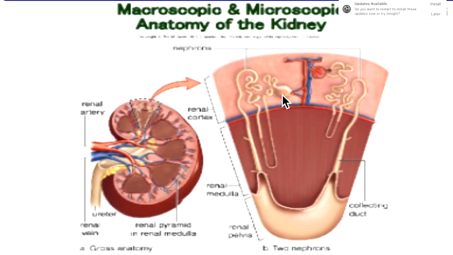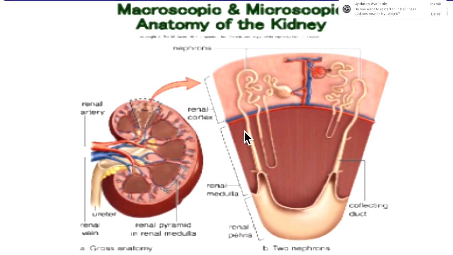The first one is the Malpighian corpuscle or renal corpuscle, which is formed by the glomerulus, a tuft of capillaries, seen within the Bowman's capsule. This slowly continues as the coiled PCT, proximal convoluted tubule, then the loop of Henle, and then the DCT, distal convoluted tubule. And this is the secretory part.